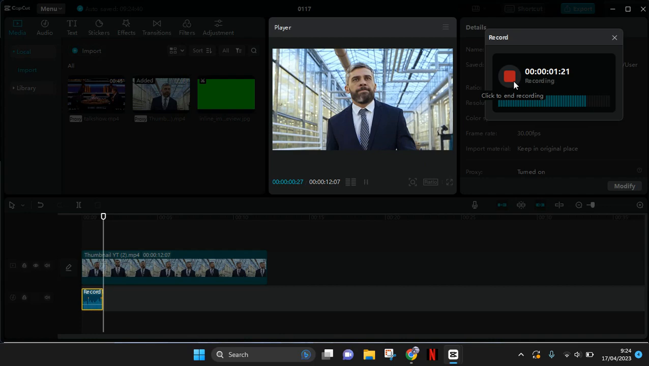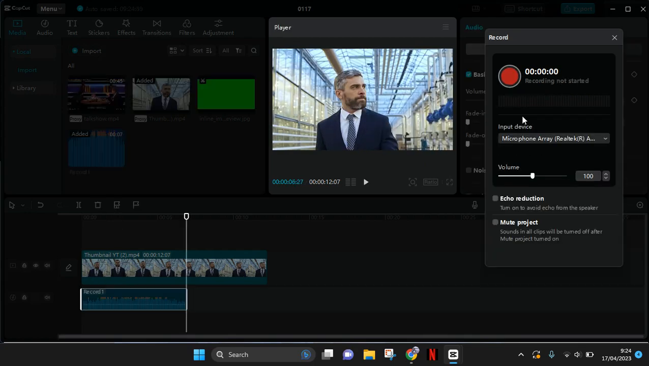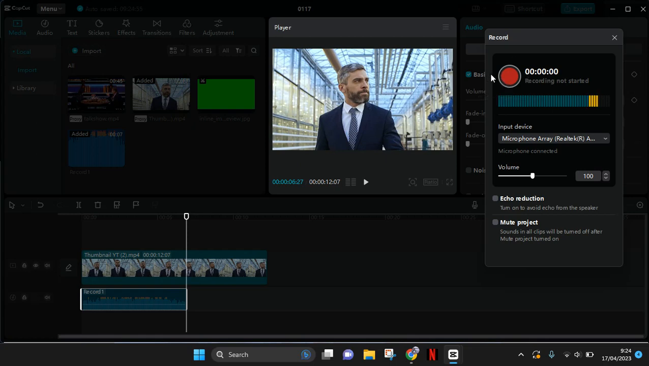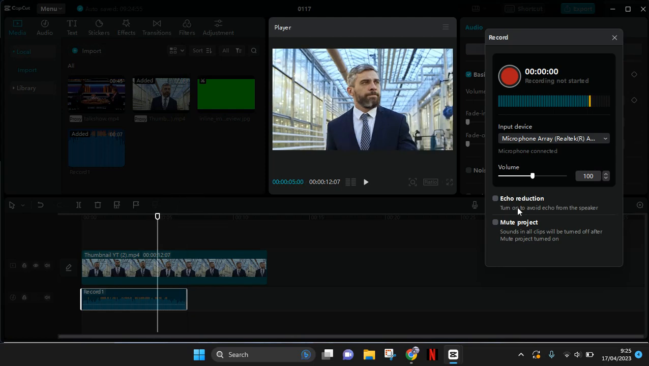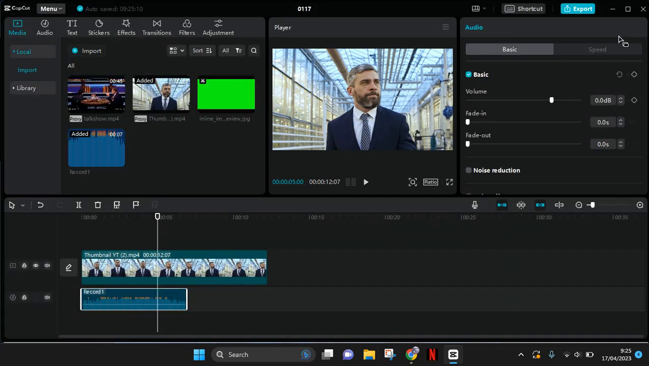Okay, so if you want to end the recording, you can also just click on the red button to stop it. And in here you can also adjust the echo reduction and also mute the sound in the project. If you're done, just click on close here. Then to edit your voice